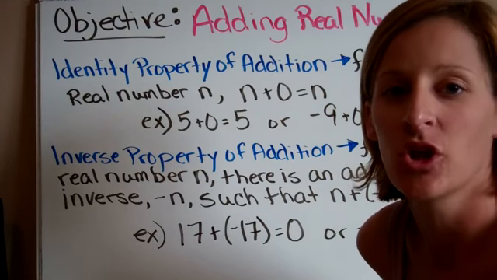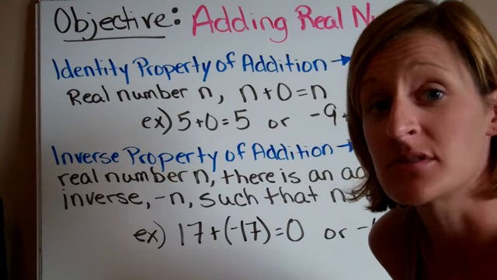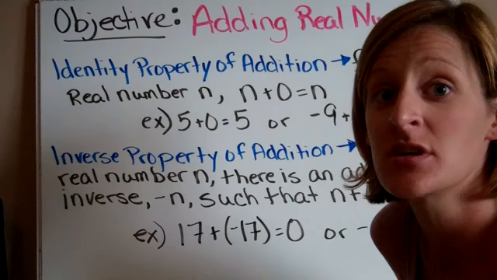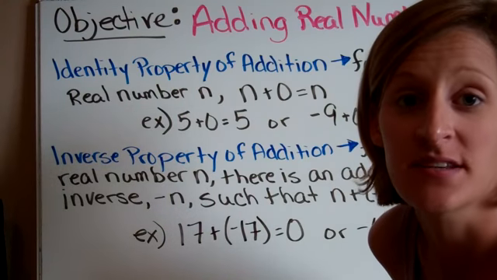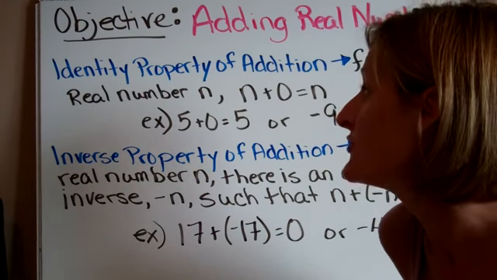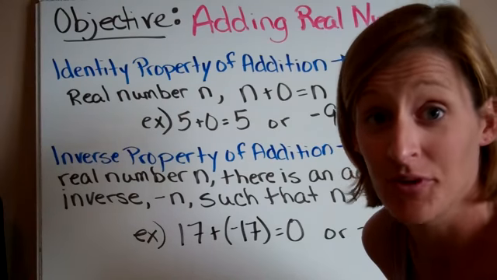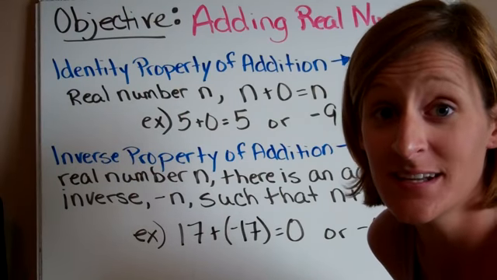In this video, we're going to look at adding real numbers. Now, real numbers incorporate ones with decimals, ones with fractions, positive and negative numbers. The first thing we need to learn about when adding real numbers is the identity property of